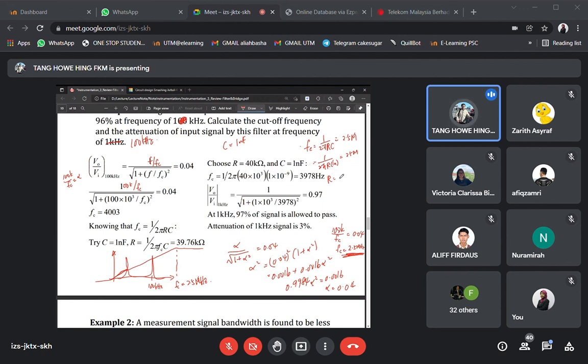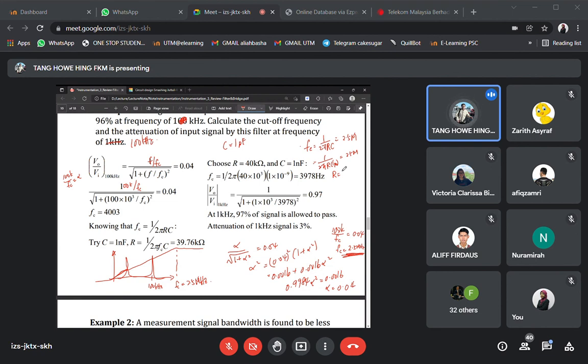So the resistance that I'm going to get will be 63.6 ohm. So it is not within the range, and therefore I think most probably this cannot be used. Okay, so capacitor equals 1 nanofarad is not a very good selection, and therefore let's try 1 picofarad, the minimum value that I can select. So when it is 1 picofarad, the resistance will be